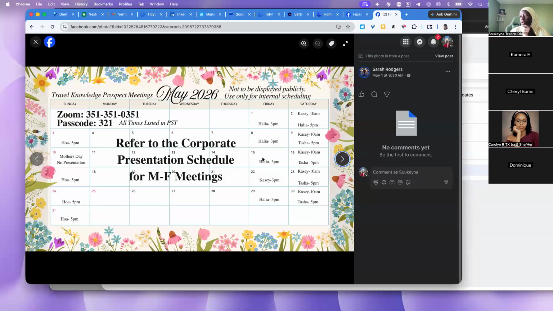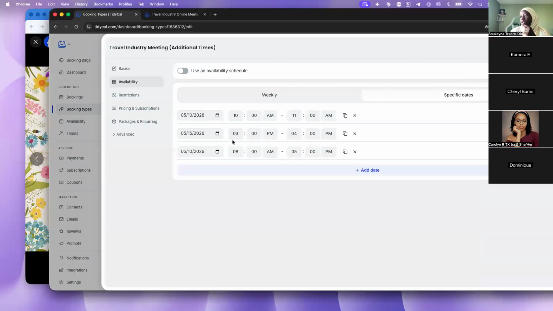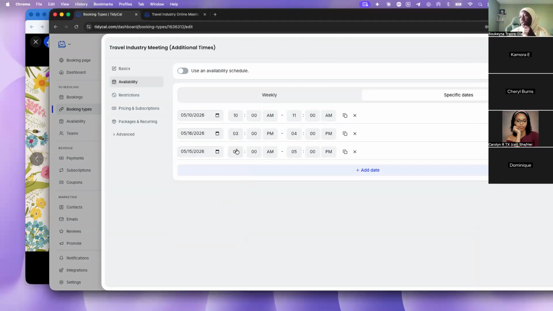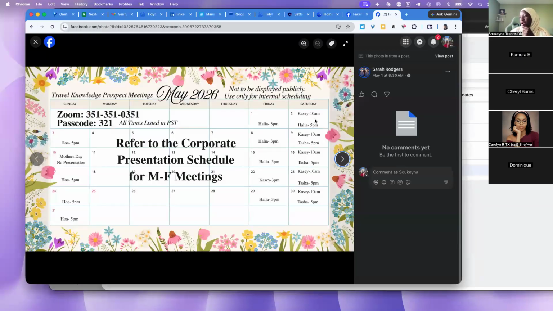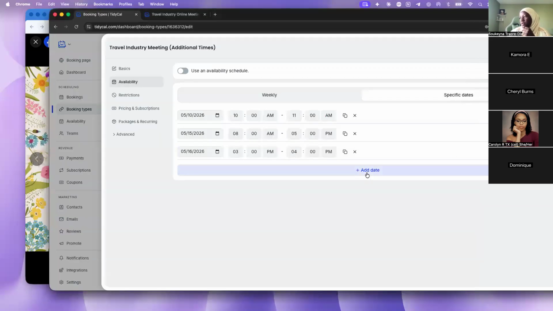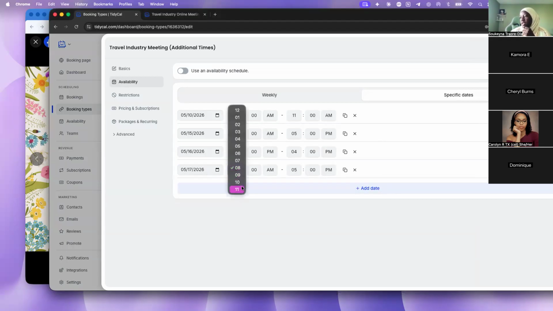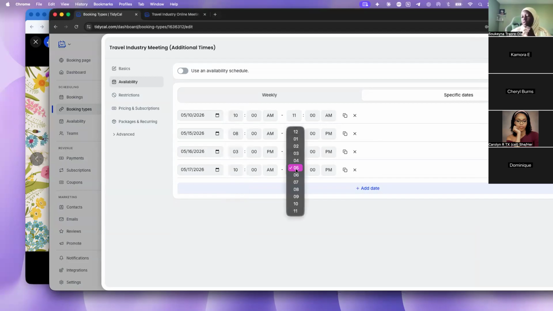So for example, if you go 15, we have Friday at 3 p.m. So I just do the 15 for Friday, and then same thing, change it to 3 p.m., 4 p.m. Why did it just change quickly? I didn't do anything. And then we have the Saturday, the 16th, 10 a.m. So let's add another date, 16, nope, 17. We have a 10 a.m. to 11